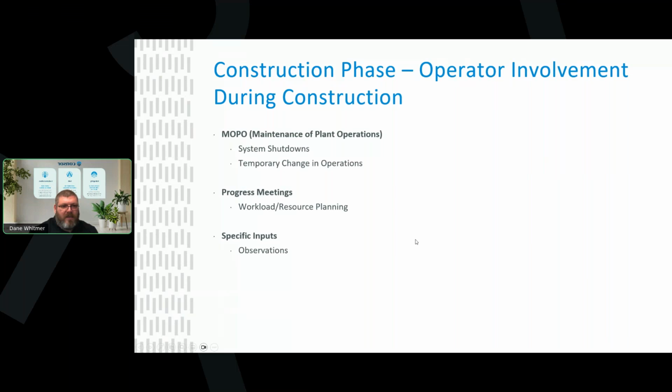In each phase, whether it's in design or in construction, there needs to be significant involvement by our operators, whether it be identifying the needs to make the system as maintainable as possible, as well as working through any kind of MOPOs or shutdowns to allow for the construction work to proceed in a safe manner. As well as having times to look at your contractors and see what they're doing, making sure of their installation, because this is kind of the last step of everything, right?